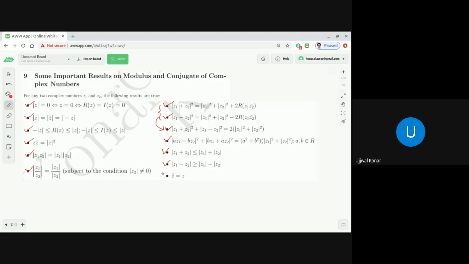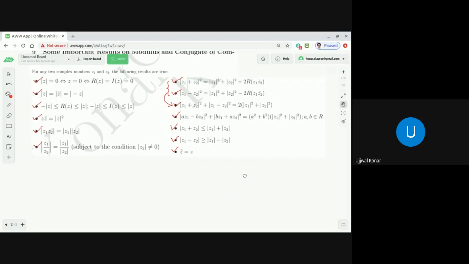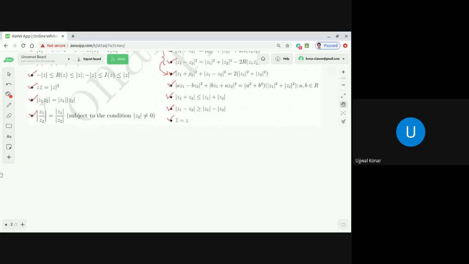And you know, the conjugate of a conjugate gives back the same complex number. If a minus ib is the conjugate of a plus ib, then what is the conjugate of a minus ib? It is a plus ib, which gives back the complex number I defined in the last point, dear students. Okay. Now the last few points, here it is.